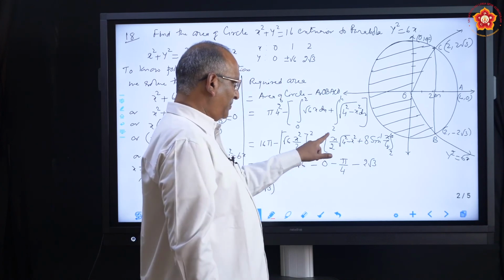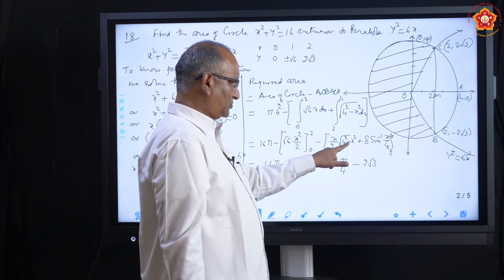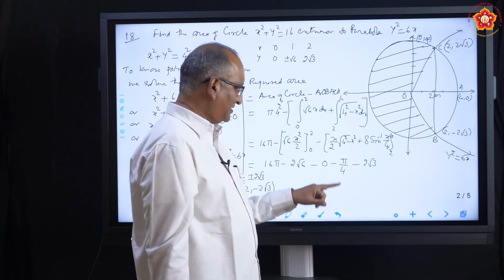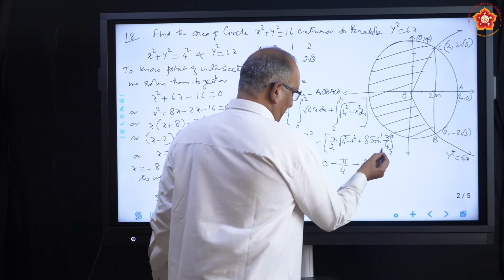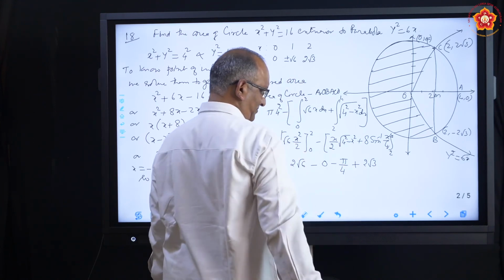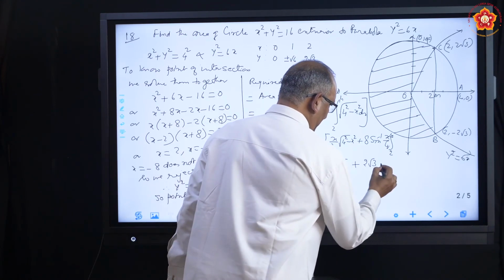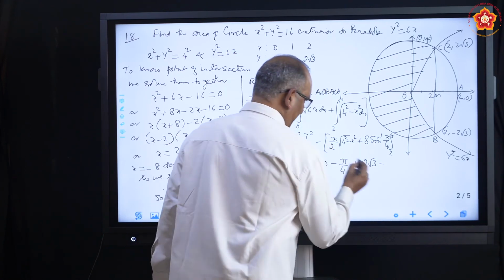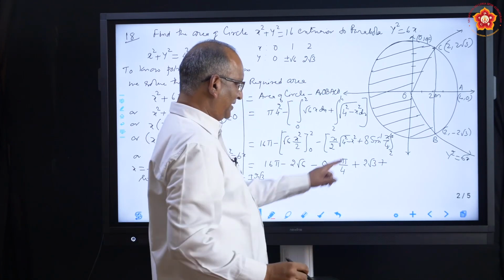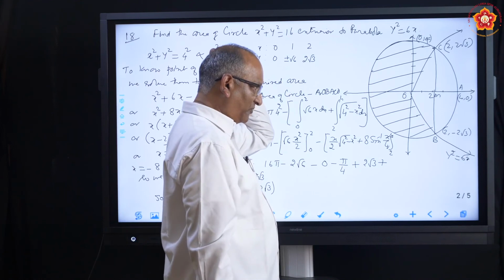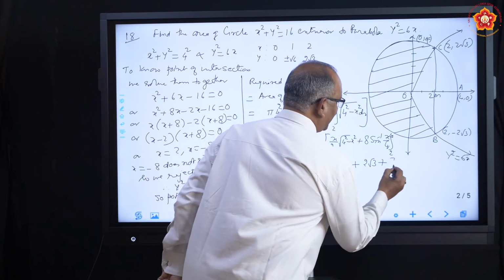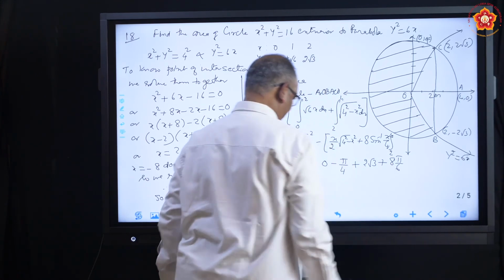Once again you see, 2 by 2 will become 1, 16 minus 2 square, 16 minus 4 is 12, square root of 12 is 2 root 3. But remember, you are substituting lower limit, so minus will be there, and already there is a minus, so it will become plus. Similarly, this also, minus of minus will become plus. Substitute the lower limit in the second part. So 2 by 4 is what? 1 by 2. What is sine inverse 1 by 2? It is pi by 6. So it will become 8 pi by 6.